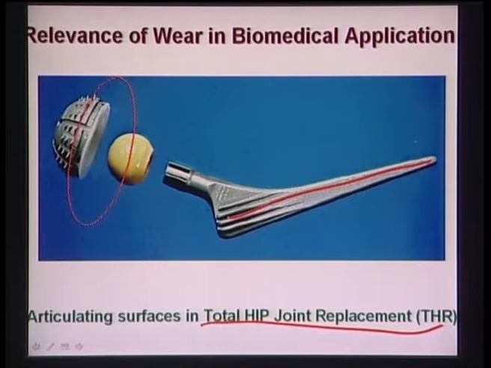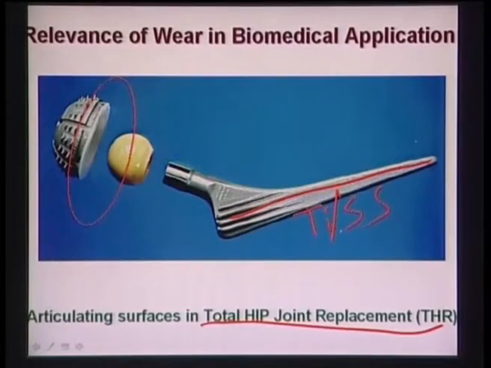Now, this is your stem. This stem can be made of titanium or stainless steel. Titanium is expensive, very costly. Stainless steel is rather cheap. In developing nations like India, people always use stainless steel because people cannot afford that costly titanium stem. However, titanium, as you know, has much better corrosion resistance than stainless steel. Therefore, if you use the titanium stem, it will have a much longer life, or better durability, compared to stainless steel.